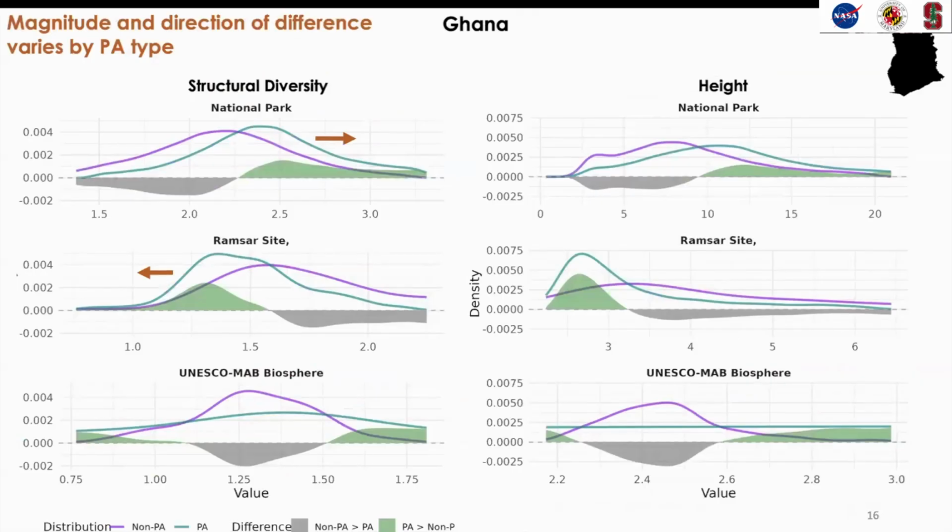We can look at the patterns between protected and not protected area broken down by protected area type. This may indicate the governance of a protected area and how enforcement works. It may also give us information about vegetation type. So here on the top, you can see national parks, then followed by Ramsar sites, and then UNESCO biospheres. Ramsar sites are specifically of interest because these are wetland areas. So we would expect these patterns to be different from our other more inland forests. What we see overall is that the magnitude and direction of difference varies by protected area type,